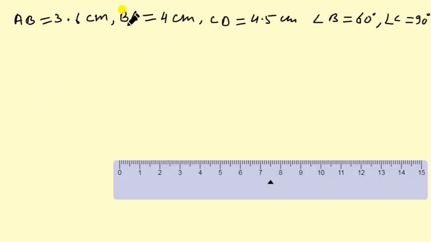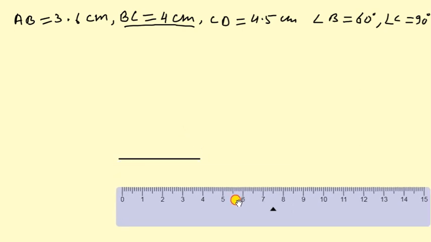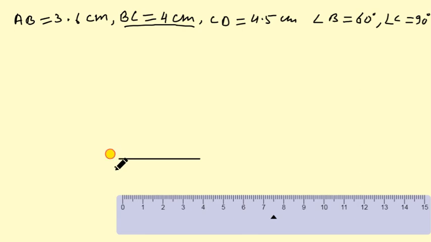First of all, we can draw the line BC 4 centimeters. So you can draw with the help of a scale. This is the 4 centimeter. Now remove your scale and write the BC, B and C. Now draw angle B 60 degree and angle C 90 degree at the ends of the B and the C.